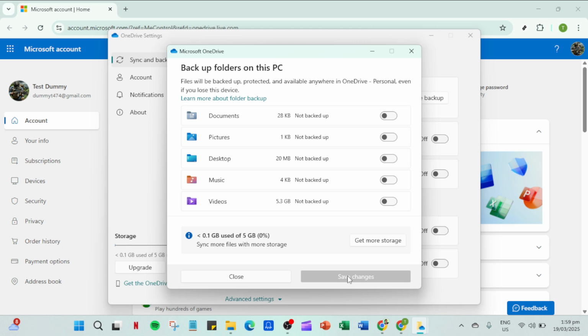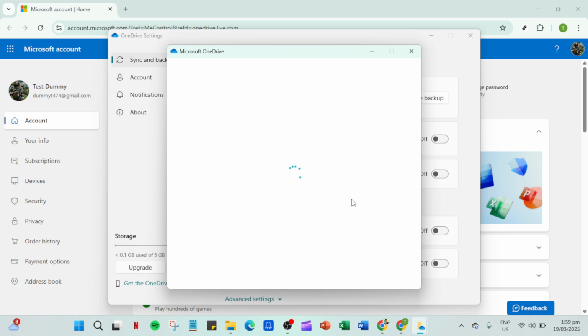Finally, to commit to these changes and ensure they take effect, you need to click Stop Backup. This option often requires a moment of confirmation to ensure that you're comfortable halting the cloud backup process for the chosen directories. Once confirmed, these folders will be excluded from synchronization and will reside solely on your local machine until